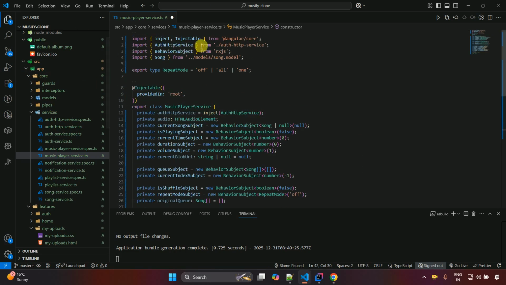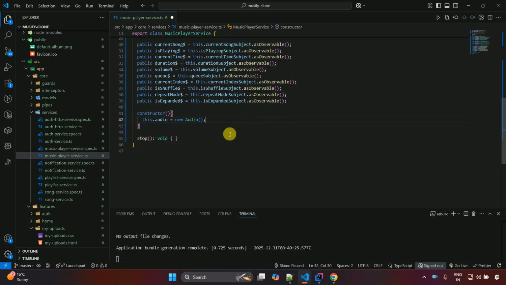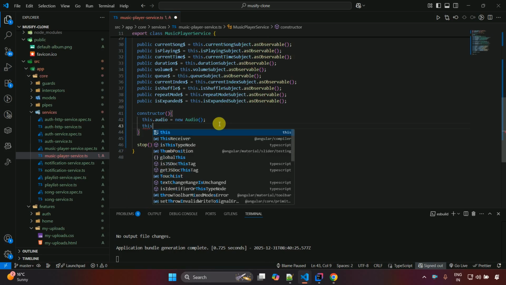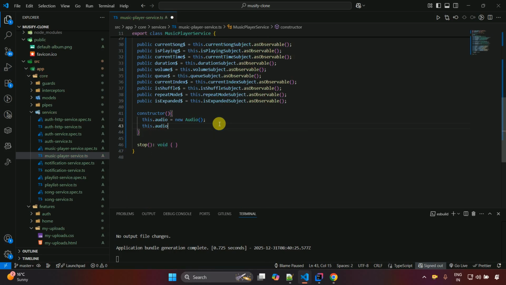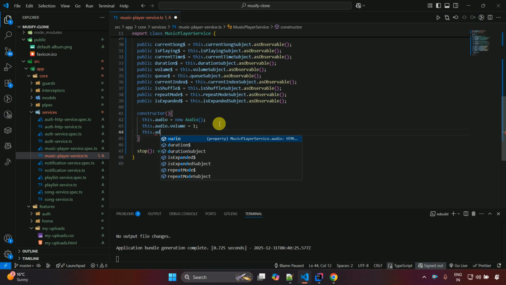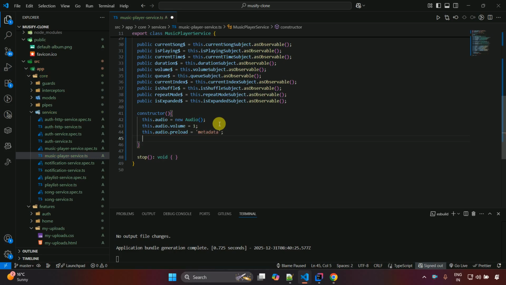You can see we don't have any import, so we don't have to worry about it. After that, this.audio.volume equals 1, and this.audio.preload equals 'metadata', this one we have to pass,